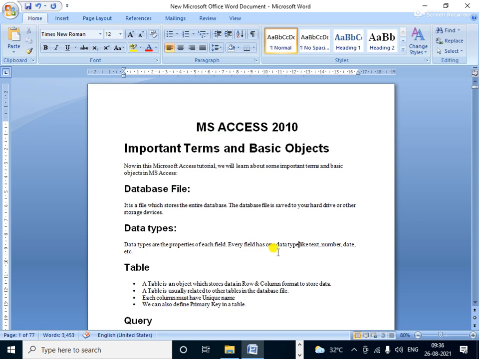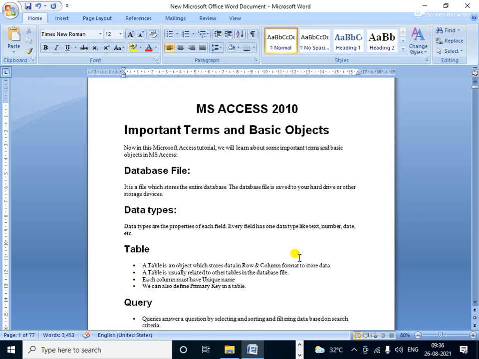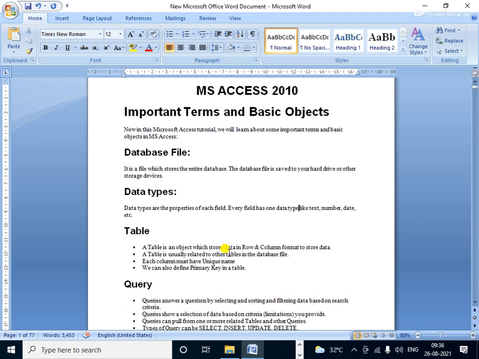Every field has one data type, like text, number, memo, date and time, yes or no, object link, hyperlink, and many more. Today we are going to discuss the different types of data types available in Microsoft Access, and their functions are different. Okay, so next is the table.